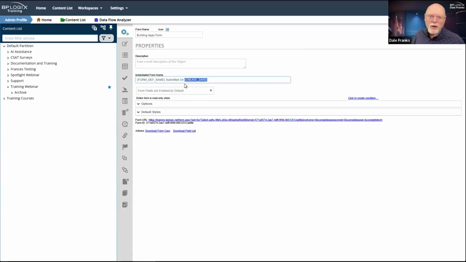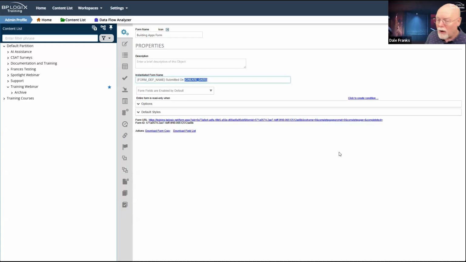And if I go into a knowledge view and I want to return form instances, having a whole bunch of instances that say building apps form submitted on with some date is not going to be very helpful to me. I already know there are instances of the building apps form. That's generally not what I need to know whenever I am going into a knowledge view to try to find specific requests. So I need to be able to find that specific request.